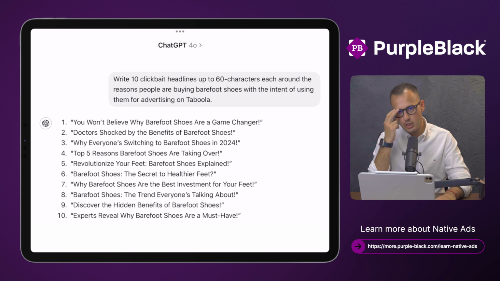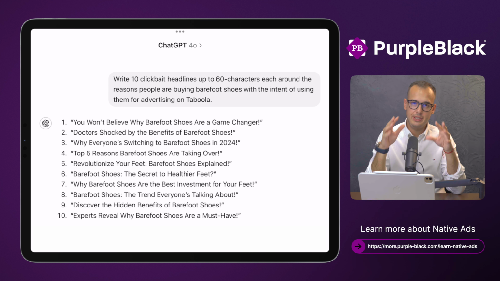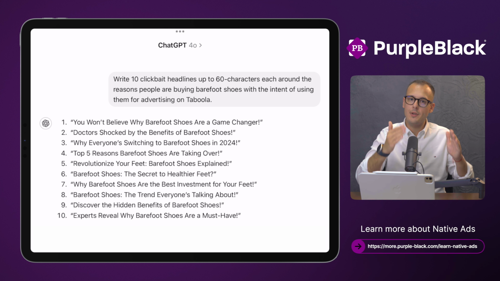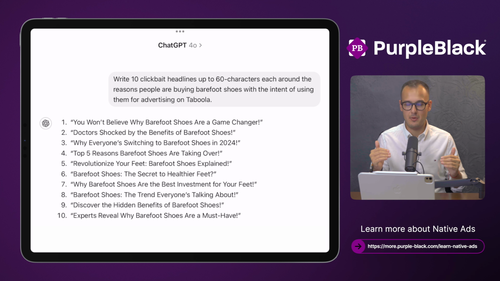However, based on our experience, it's usually way better, especially at scale, to catch people one step before, because here it's already advertising the product itself, barefoot shoes. And yes, you can do this, and yes, sometimes you get very good results with this strategy. However, at scale, it usually makes more sense to start the advertising one step above, if we look at it from a funnel perspective.